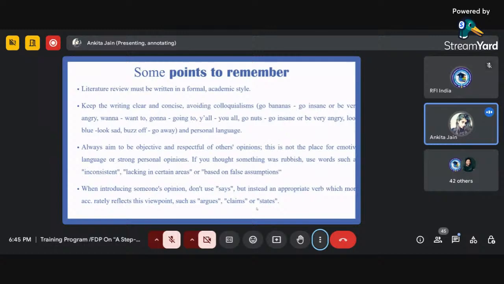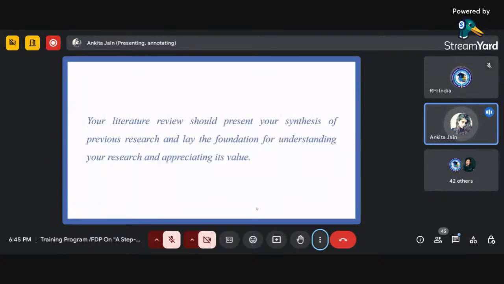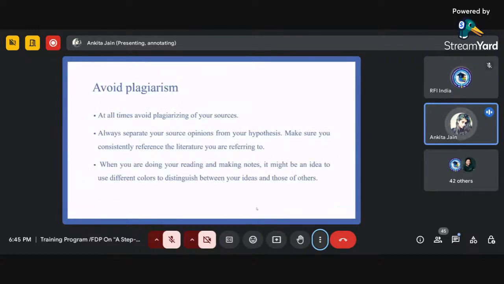So your literature review should present your synthesis of previous research, and it should lay the foundation for understanding your research and appreciating its value. And the last thing which I would like to focus on is to avoid plagiarism, as I have already